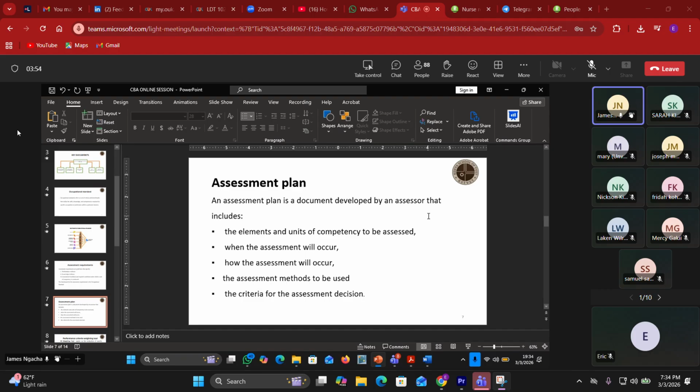An assessment plan is a document that is developed by an assessor that includes the following. It has the elements and the units of competency to be assessed. Basically, you just copy the elements and the units of competency. In some instances, especially when you are talking about Cycle 1 and Cycle 2 curriculums and OS, you discover that there were some units of competency that were supposed to be covered probably in